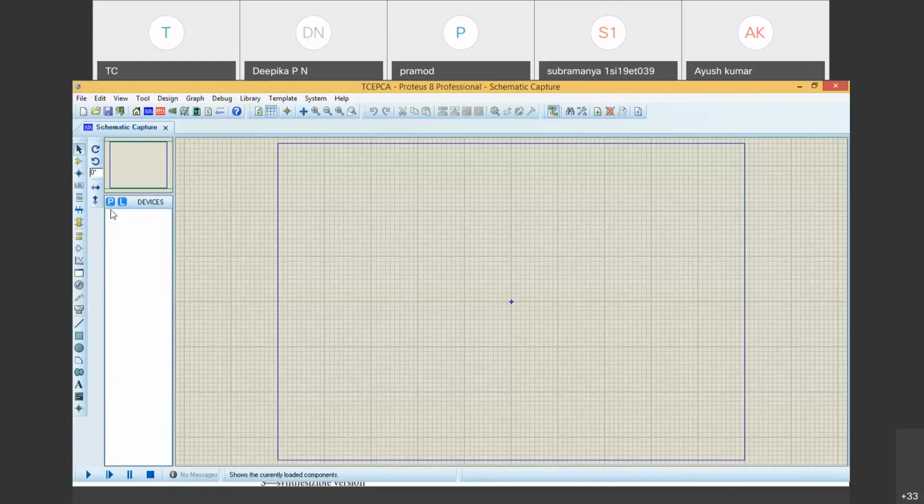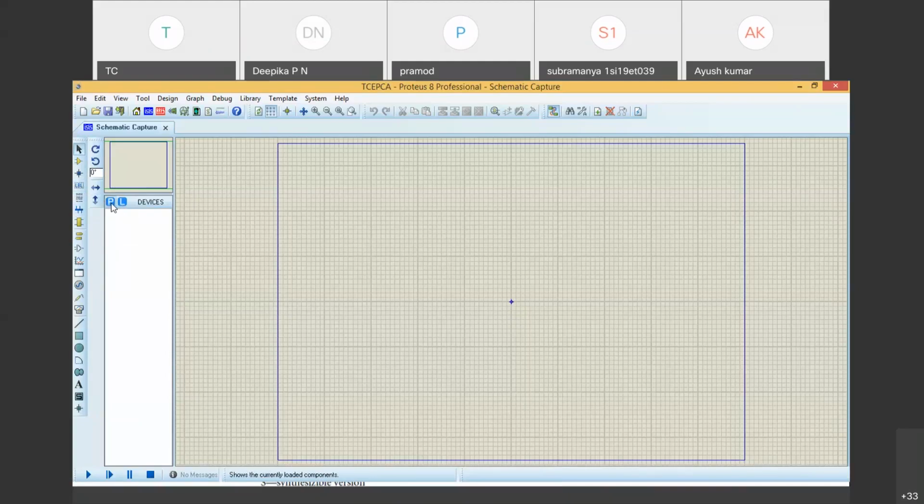Two icons are important. You observe here, there is a button called P and there is a button called L. L we are not using. P only we are interested in, which provides the components for us. On the left side, I have the selection mode, component mode, junction dot mode, wire label, and all these things. We are not making use of all these. We are interested in terminal mode and component mode. Just three buttons are important for us. The rest, we'll see later how to make use of them.